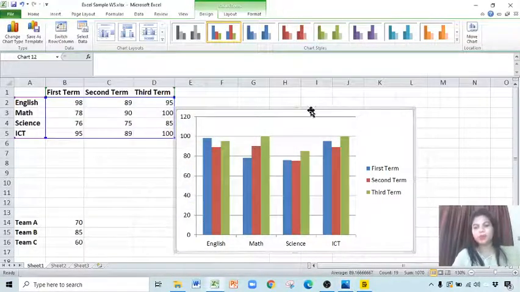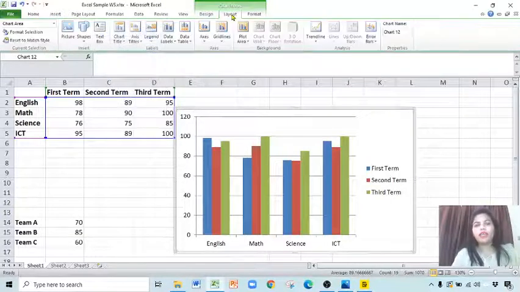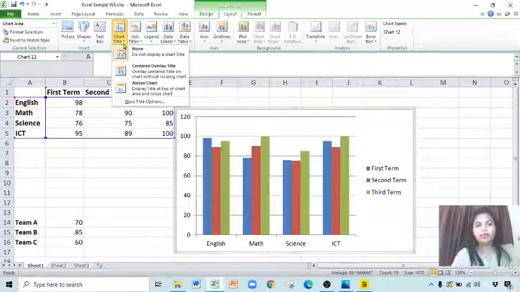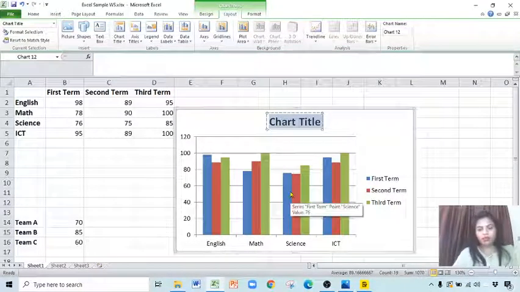Let's see that. For inserting the chart title, you may have quick layouts over here. You can go directly for that, or you can go to the Layout tab and insert all these one by one. For example, for chart title, just select that one. You can insert it above the chart or centered overlay. Better to put it above the chart. The chart title appears. Just click on that and name it Student Performance.